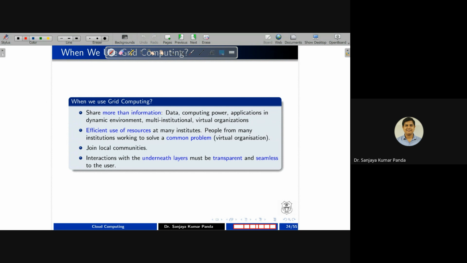When a single organization is incapable of executing a particular application, it requests another organization to create a virtual organization so that resources can be provided combinedly. In that case, we need grid computing.